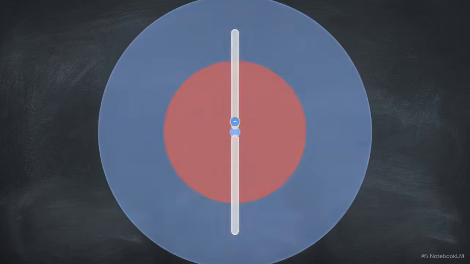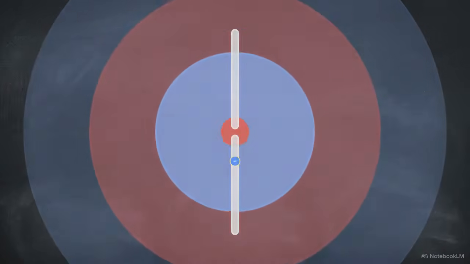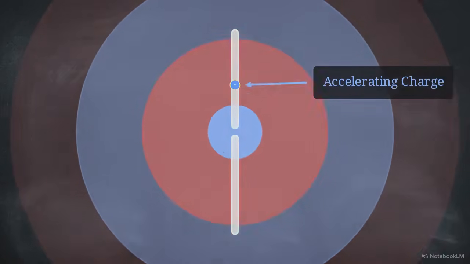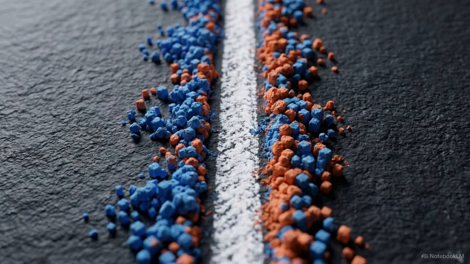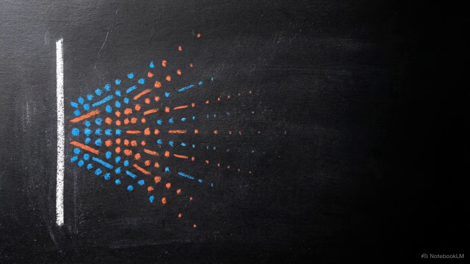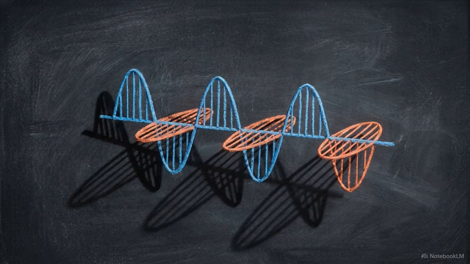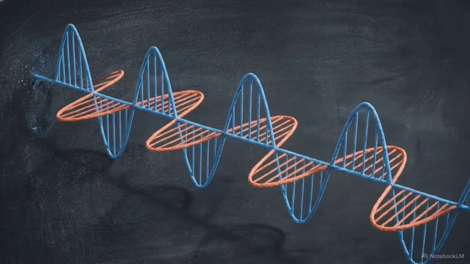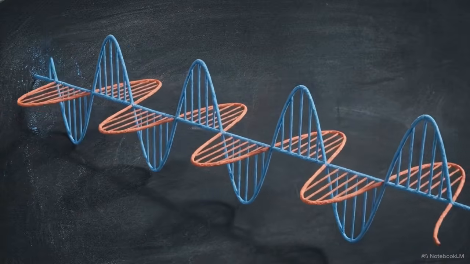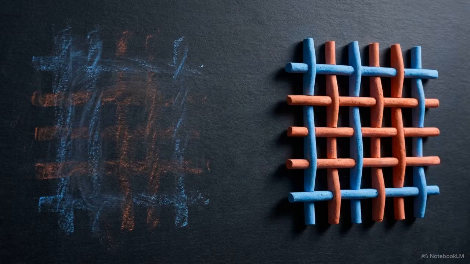We can observe the physical consequences of this symmetry by applying it to an accelerating charge, like an electron oscillating in a linear radio antenna. In the near-field induction zone surrounding the antenna, the fields are dominated by static components. These fields store energy locally and decay rapidly, dropping off as the inverse square of the distance. In the outer radiation zone, the dynamic terms take over. Because the changing electric and magnetic fields are mutually inducing one another in a constant cycle, they decay more slowly. These orthogonal waves detach from the local static field, pushing outward into the absolute vacuum.